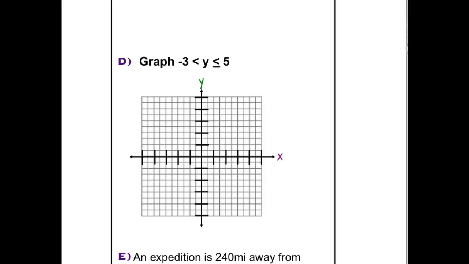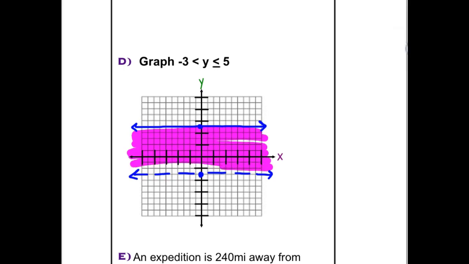So I've got -3, and I've got +5. +5 is going to be a solid line because it is less than or equal. And because -3 is strictly less than y, we're going to make a dotted line here. And once again, y is in between -3 and 5, which means I'm going to shade in between